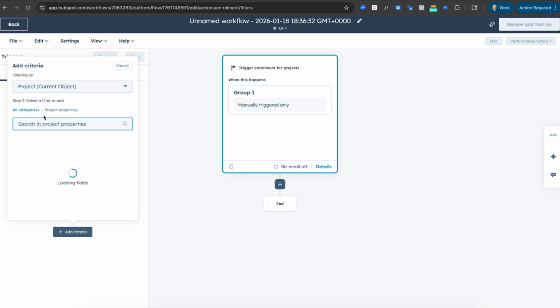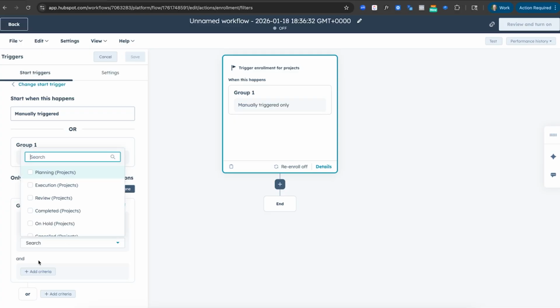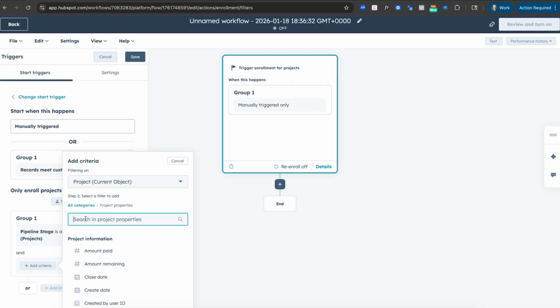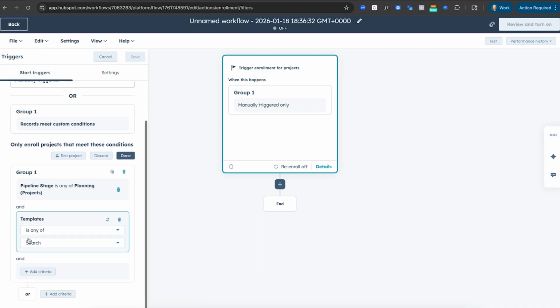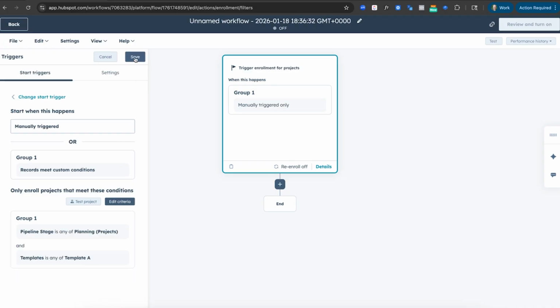One, we are going to say that this is in our new stage of planning, and we are going to say we want to use this project templates property. So if it's a project that's in this stage with a template A,